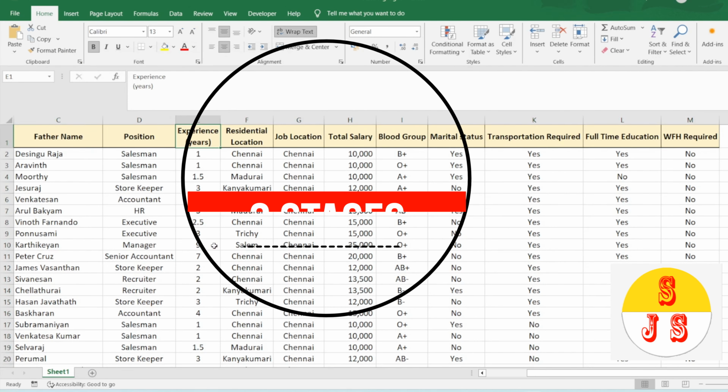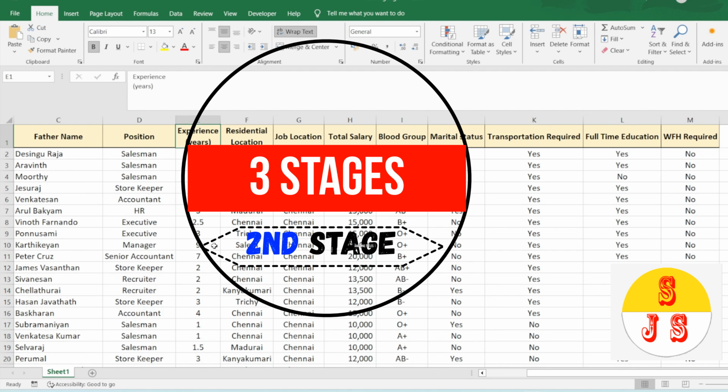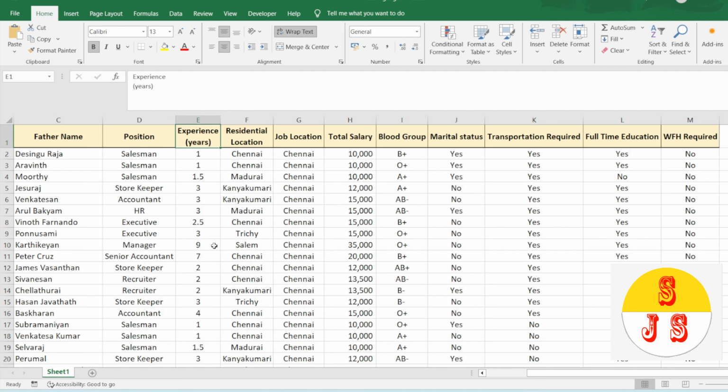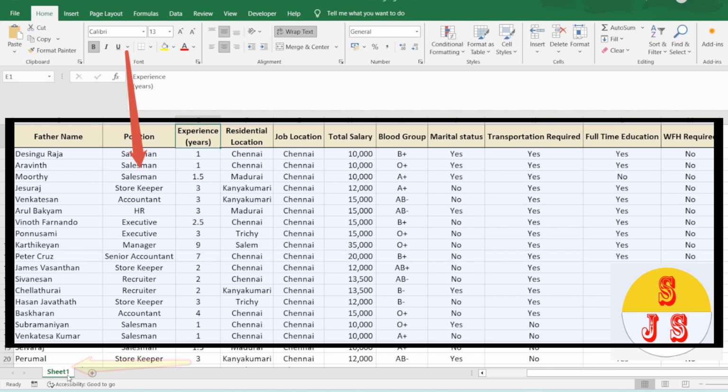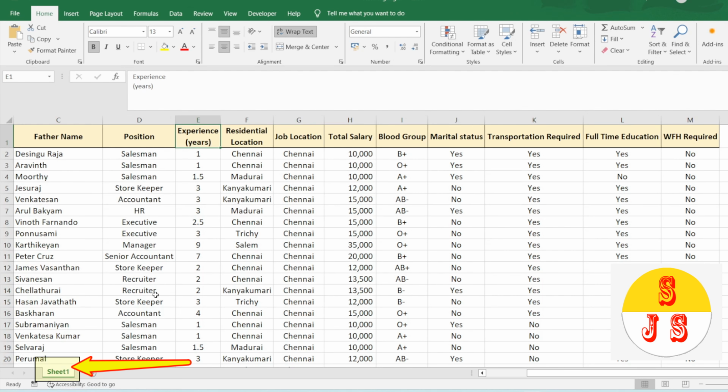Second stage, we have to automate it. This particular table exists in this particular tab, which means my automation has to happen within this tab, right? So right click on this tab, the Sheet1, in my case it is Sheet1. I'm going to right click on this